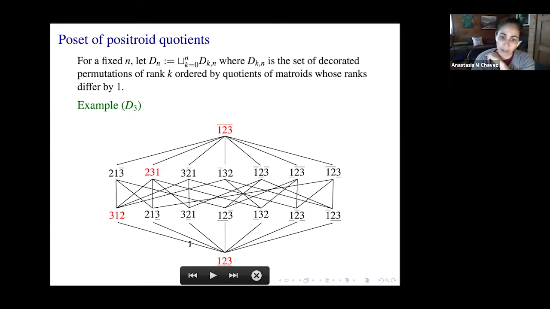And then we just follow our way down. Uniform matroid of rank 2 over 3 elements, uniform matroid of rank 1, and then uniform matroid of rank 0. And I'm going to be loose here because I really should say decorated permutation representing the positroid, but that's a mouthful. But each one of these really is a positroid behind the scenes. Cool. Okay, so